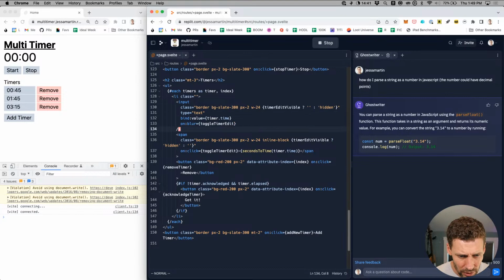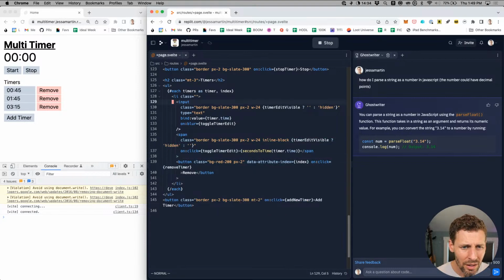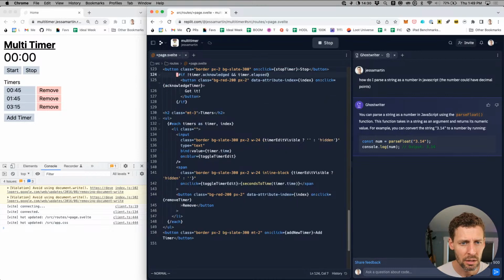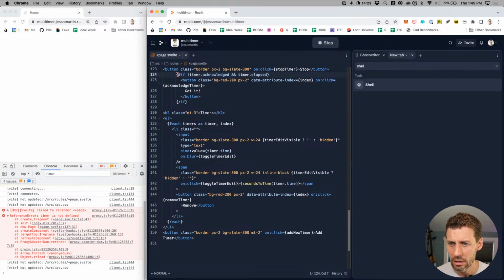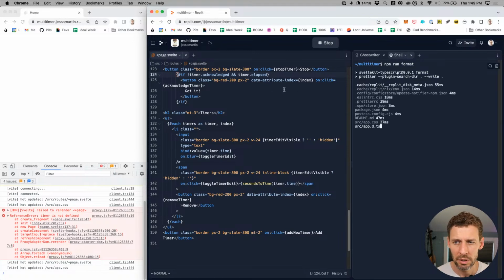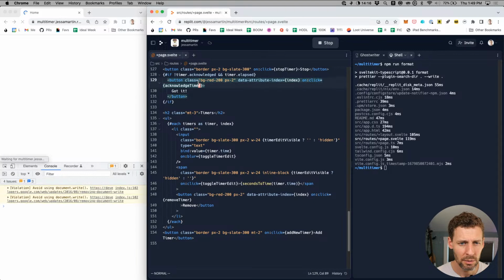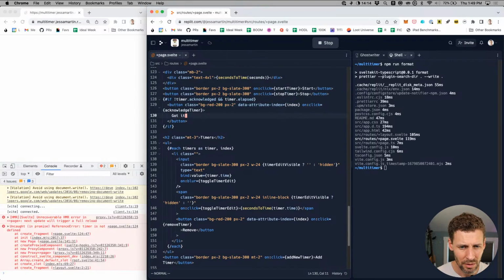So in that case, let's come down here and take this code and move it up to maybe the right of the button. Go over here and bring up the shell again and npm run format, because I'm super lazy, y'all. There we go. Man, I really want that to run on save. Let's see. So data attribute.